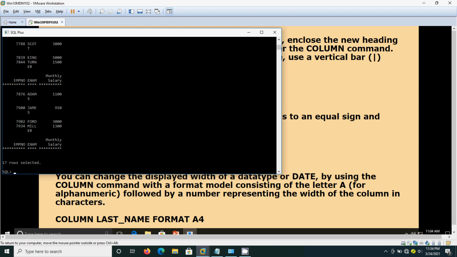See, here Adams has 5 characters. Adam has got displayed in the first line, and the S is moved to the second line. Miller has around 6 letters. 4 letters, Mill, are displayed in the first line, and ER moved to the next line. Even you can get a much better look and feel by using this format, but for learning purposes and for showing the example I have taken this. Okay.